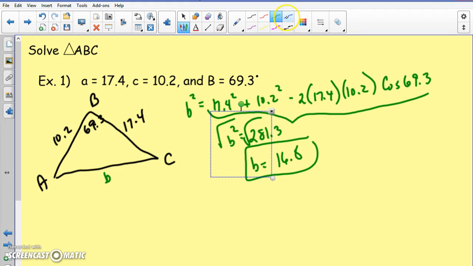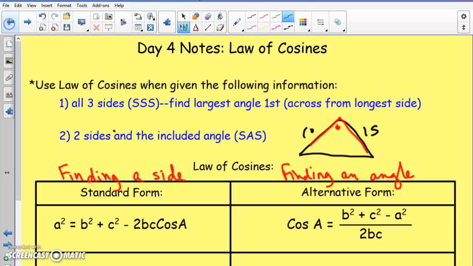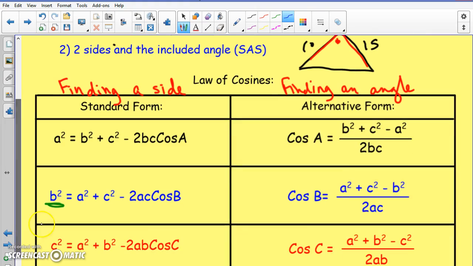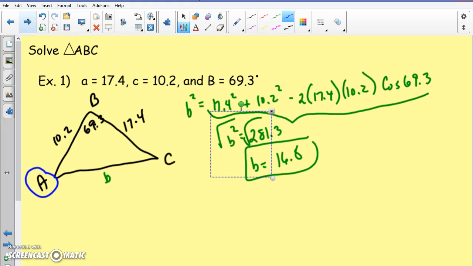Again, it does not matter which one you choose to find first. I'm going to go ahead and choose to find angle A. So if I look back at my formulas, I'm going to choose the one that starts with the capital A, angle A. So that's the one I'm going to use. So it's cosine of A, which I don't know. Then it equals my b squared